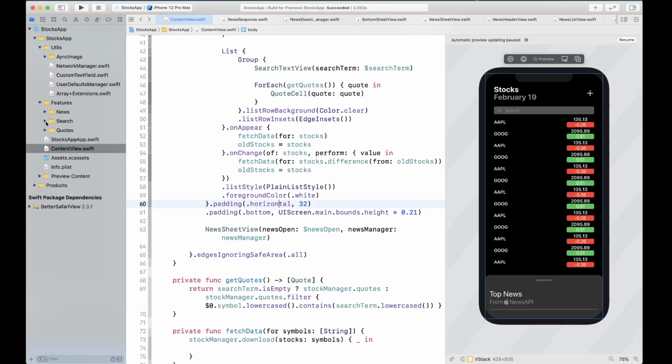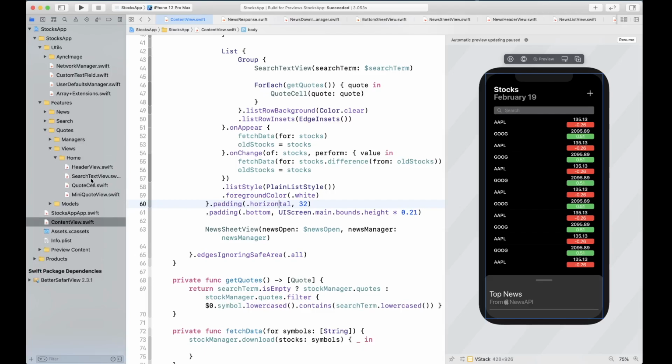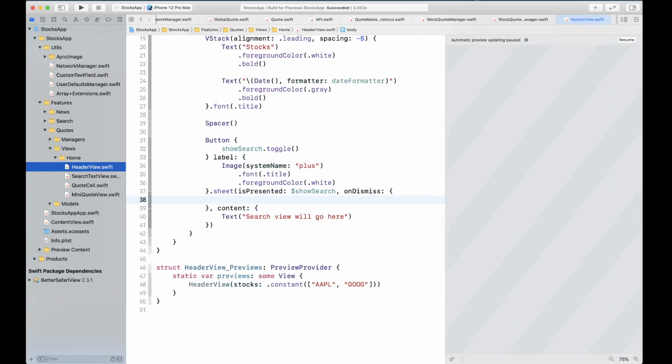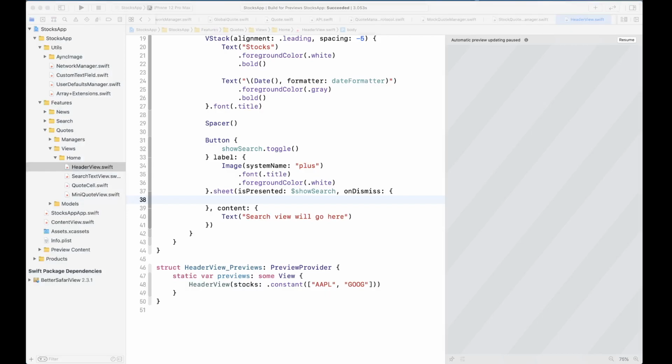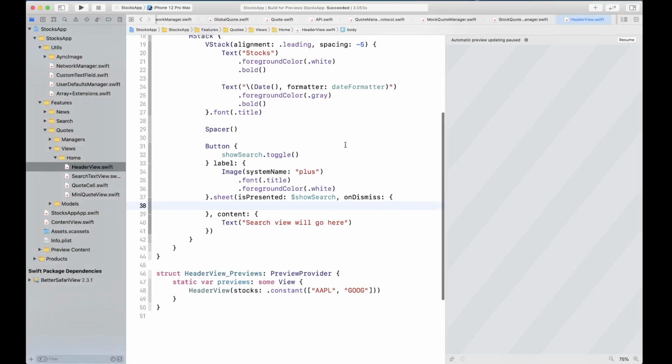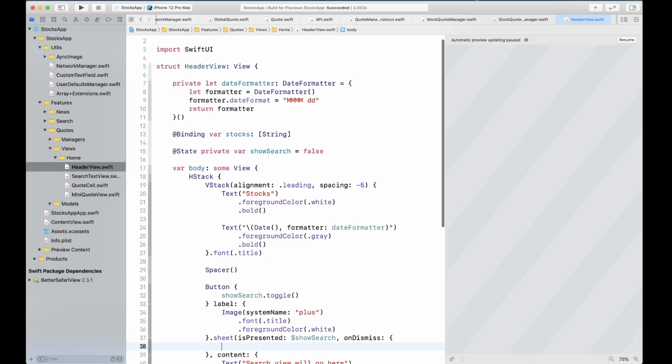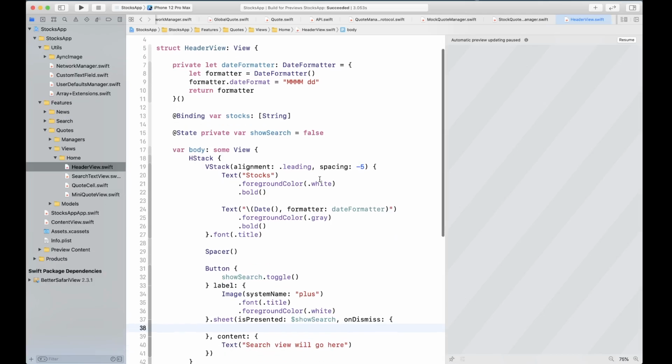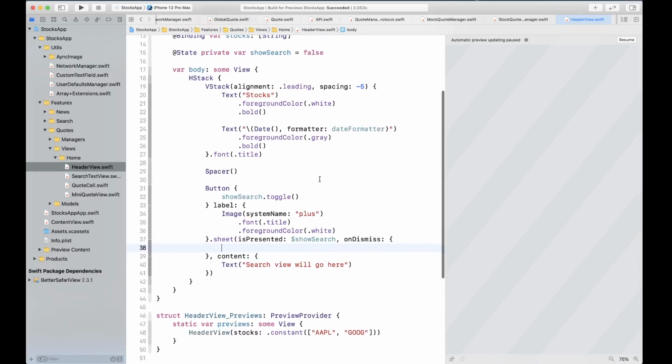And let's go ahead and collapse this, and I'm going to go back inside the content view, and in the header. The header should be the place where we have created where we're gonna launch our search from. So let's take a look at what we got here. We have our formatter, our stocks, and on the button click we show the search sheet here.